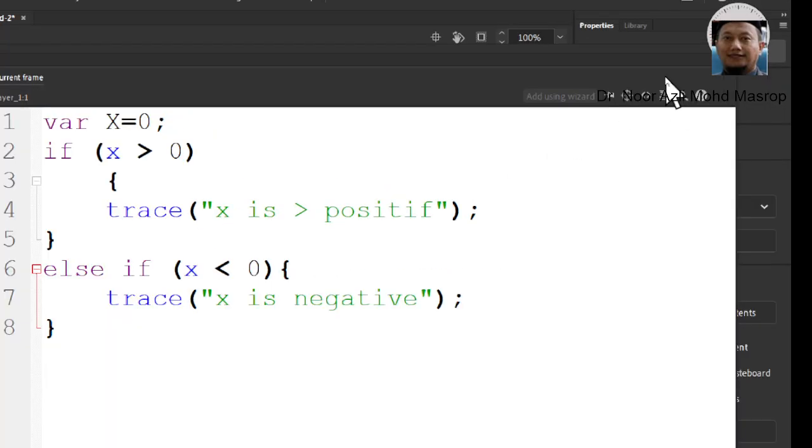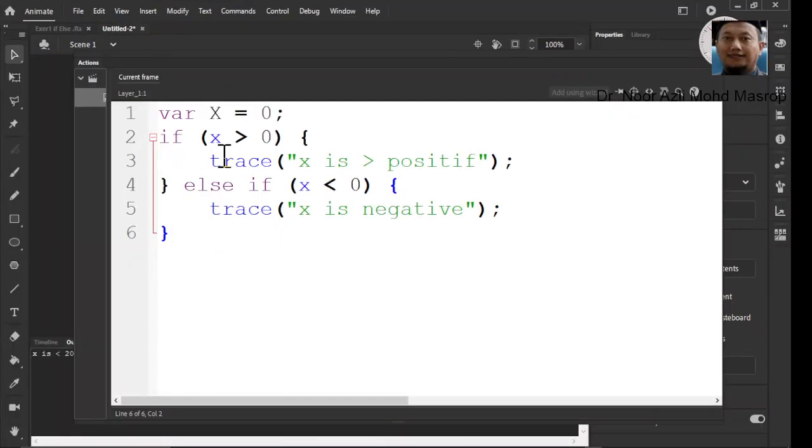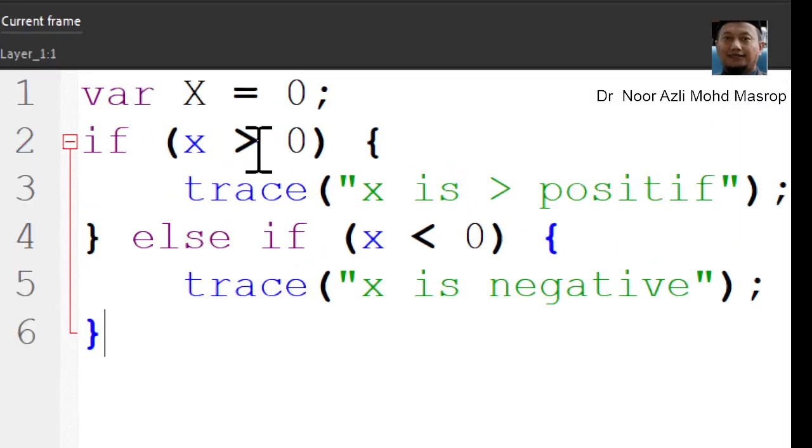Again, you can auto format to make the coding easier to read. What happened in this? What can you suggest is the output of this coding? Okay, let's test.